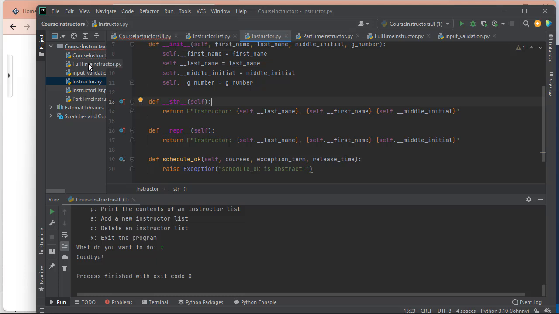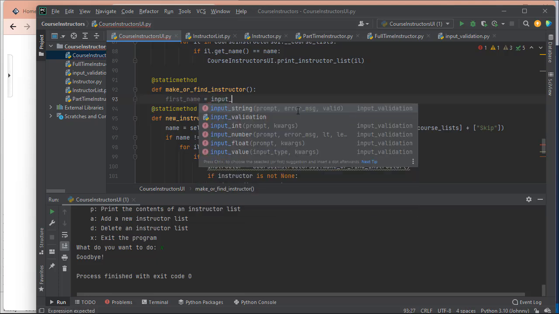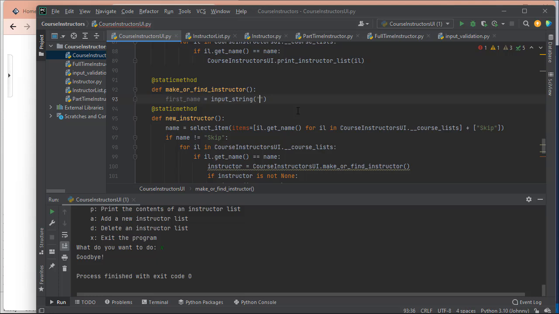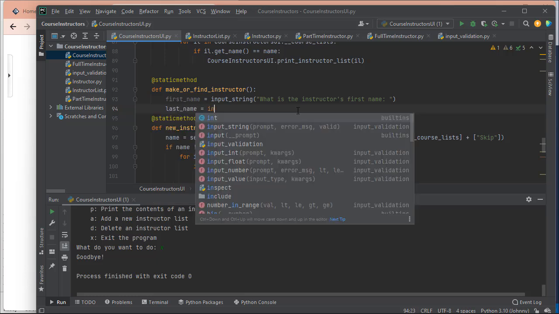So let's go here and we'll get first name is equal to input string. What is the instructor's first name? And then the default is non-empty string, so that's what I'm going to use. And then we'll do last name is